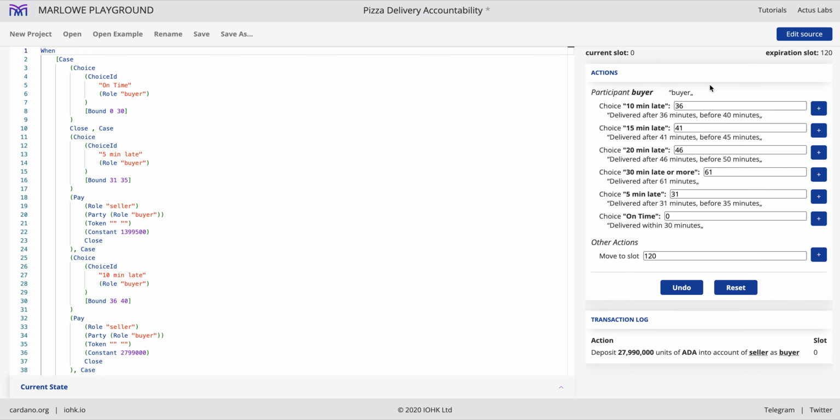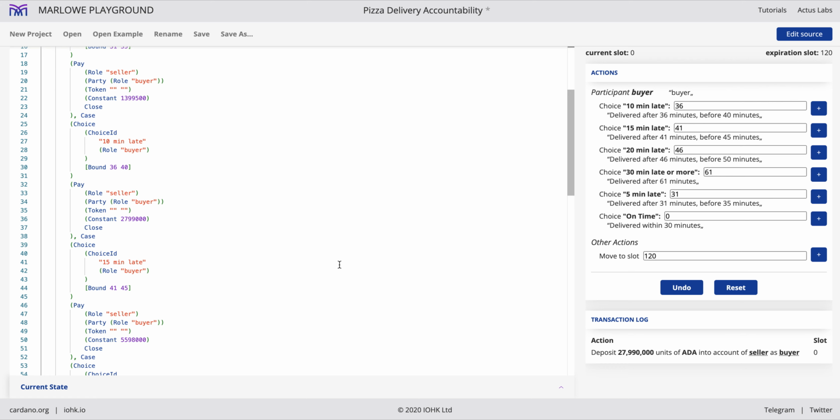The part that we thought about working into is that there's these report systems, as we're wanting to call it, where depending on how late or what time it arrives, the buyer, or the person who orders the pizza, can report that back and say, hey, my pizza was 5 minutes late. And in terms of code, that's just a bound we have set up between 31 and 35. So they say their pizza got there at 32 minutes, so it's 5 minutes late.